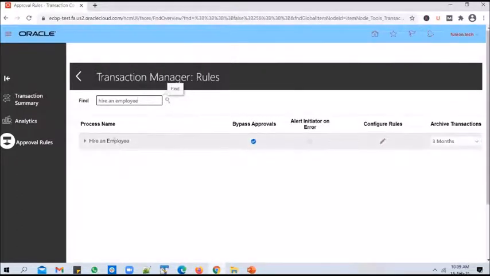Say, for example, if you have to hire an employee, I'm not sure if Core HR is done for you. If you have to hire an employee, you have to fill in the information in at least 5 pages, and you have hundreds of fields to fill in, right? So it will take at least 15-20 minutes to hire an employee successfully.